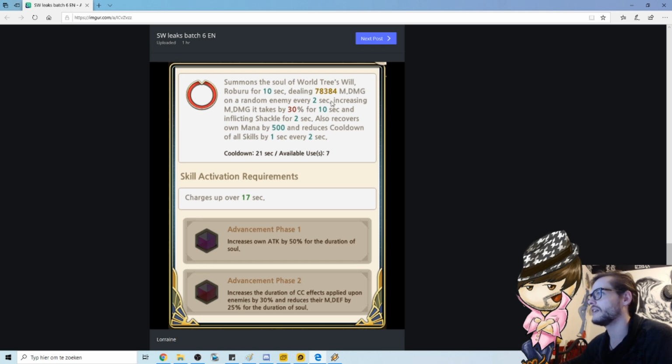10 seconds, dealing damage to a random enemy every 2 seconds, increasing magic damage by 2 for 10 seconds. So you have, I would feel, a 20-second uptime on this debuff. Inflicting shackle for 2 seconds. Now that is funny. Not sure how good it is. And recovers all mana and reduces cooldown of all skills. Oh, yo, this will make Lorraine an absolute spammer. But the charge is 70 seconds, so is it good PvP-wise? Not quite sure. But this cooldown reduction is...